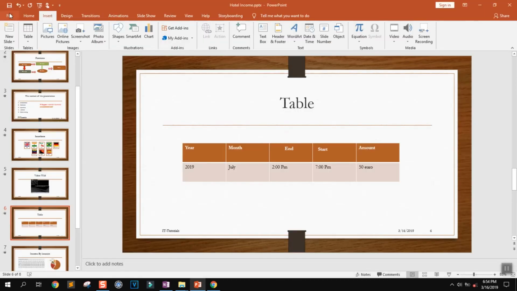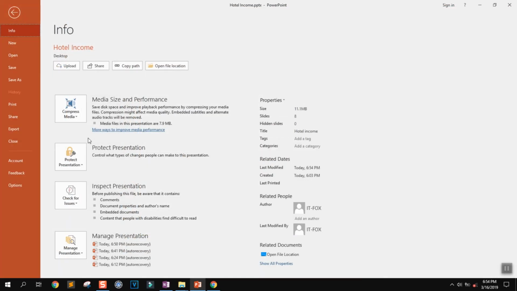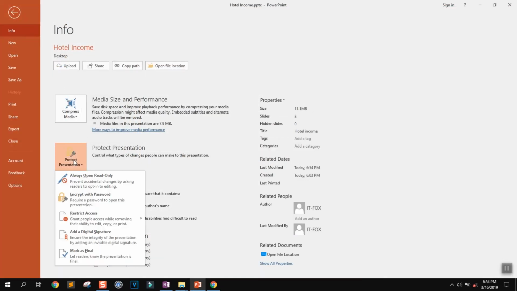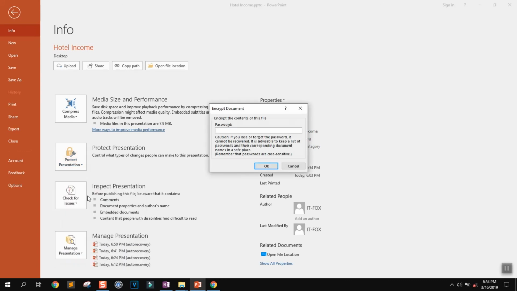and we will click again on File, and I'm going to select Protect Presentation if I want to protect it, to leave it to be opened only as read-only, if I want to send the presentation to someone else and I don't want them to edit or modify it. And the second option, I can always restrict access, add a digital signature, or mark as final, but the best option is to encrypt it with a password,